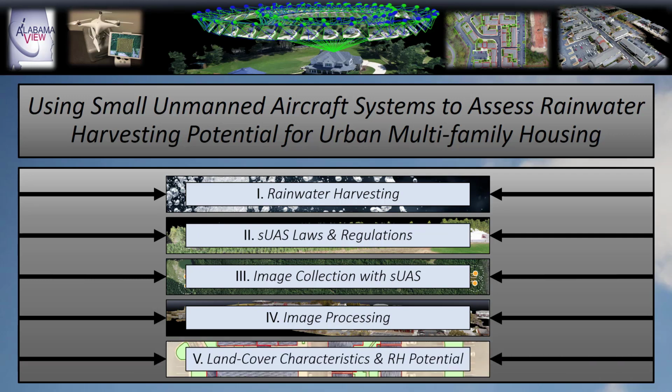And our fifth and final video has concluded the series with the methods for classifying the land cover and determining the rainwater harvesting potential. I hope that these 5 videos have proven themselves useful to you in your research endeavors with small unmanned aircraft systems. If there's anything that you're confused about, I highly recommend going back through our video on that specific topic to make sure everything is fully understood. This series is by no means intended to be the sole authority on accomplishing these goals, but it does provide a simplistic and direct method for